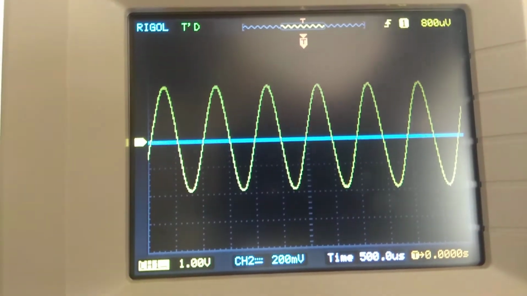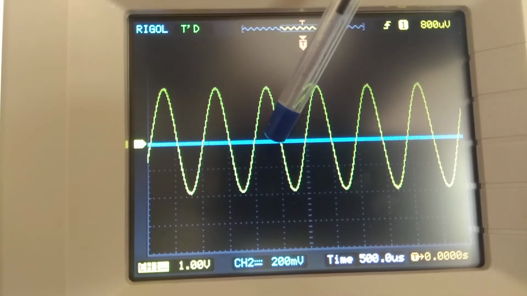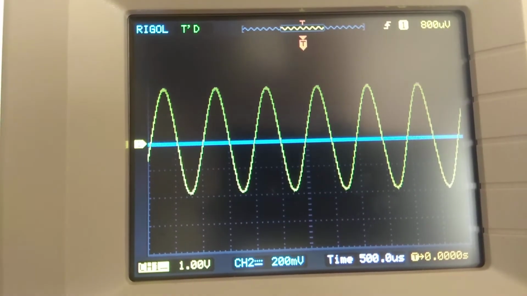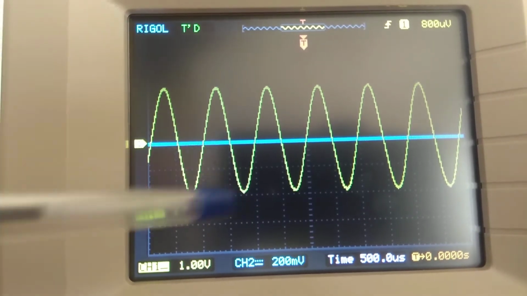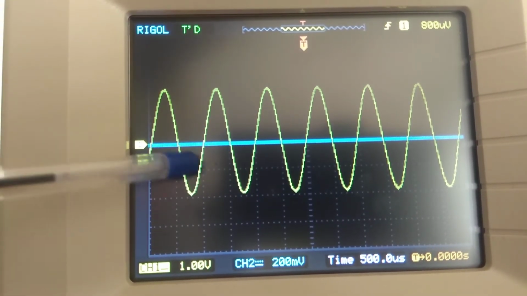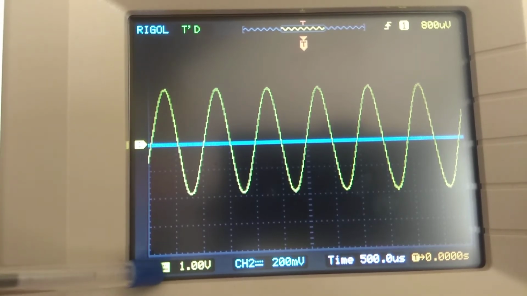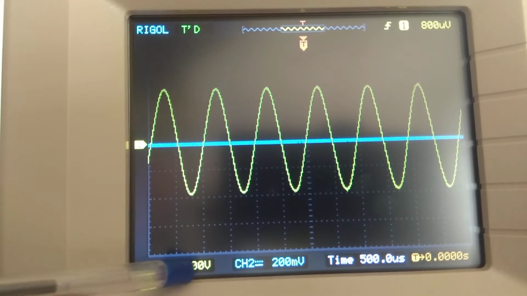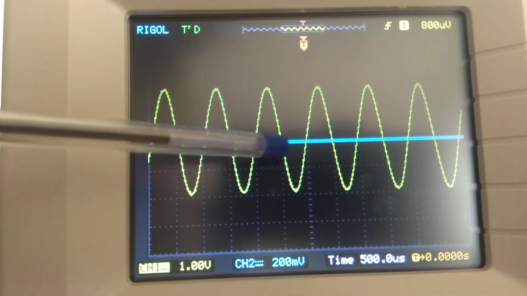Now if you see, the signal that has been applied here is 1 kilohertz, but suppose we don't know the input that has been applied, or which frequency range has been applied. From here we can calculate it. Channel 1 has been selected at 1 volt, and we are not interested in channel 2 right now because we have not given any signal to channel 2. This blue one is your channel 2.